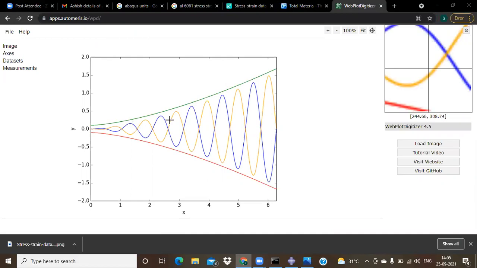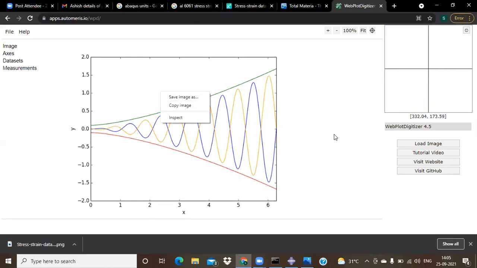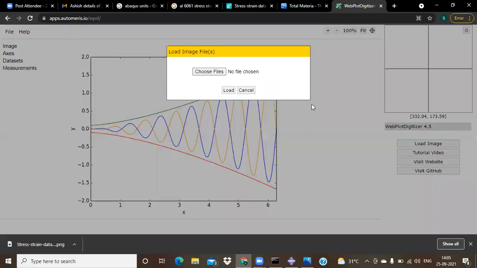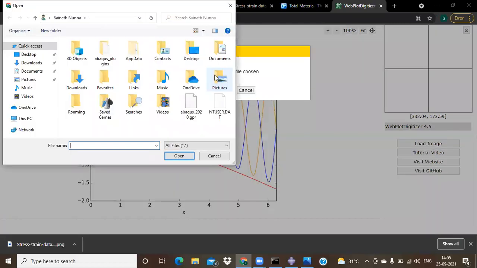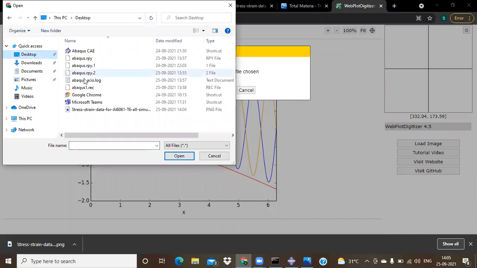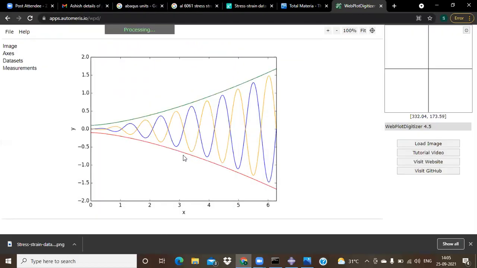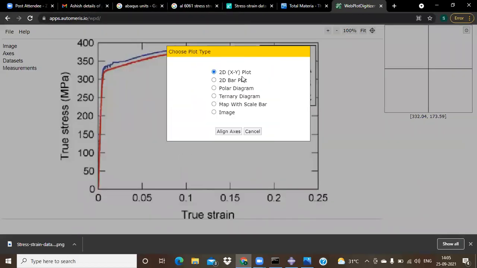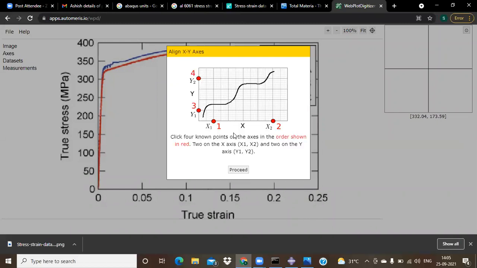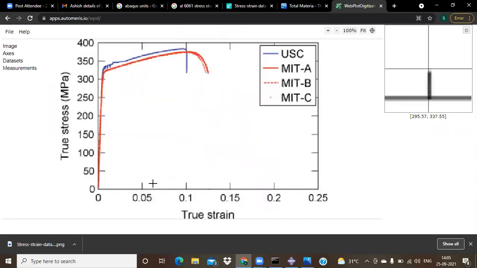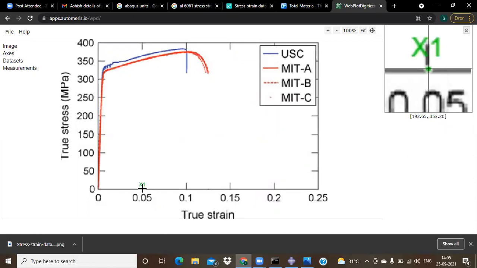After going here, right click on this, or click here for load image, and choose the file, which is on the desktop. This particular file I would like to use. Align this on axis, proceed. Now X1 I know, so you pick it right at the top; you can see on the top right where exactly I'm picking it.